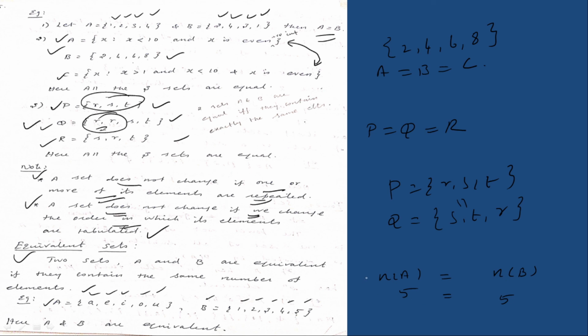Okay. Only we concentrate about the cardinality of a set. That is the size of the sets alone. Okay. The next one, disjoint set. Two sets A and B are said to be disjoint if no element of A is in B and no element of B is in A. That means both are entirely different.